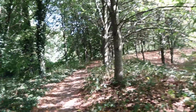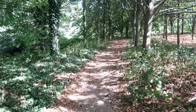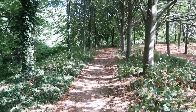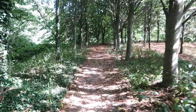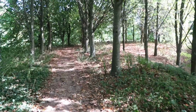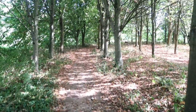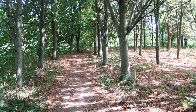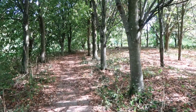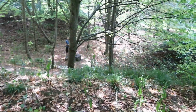So this is the whirlpool spiral. It's a plantation of lime trees that were planted in the shape of a spiral of the M51 Whirlpool Galaxy. It was planted in 1995, and these trees marked 150 years since the 3rd Earl of Ross discovered the spiral nature of M51 with the Great Telescope. And down here,